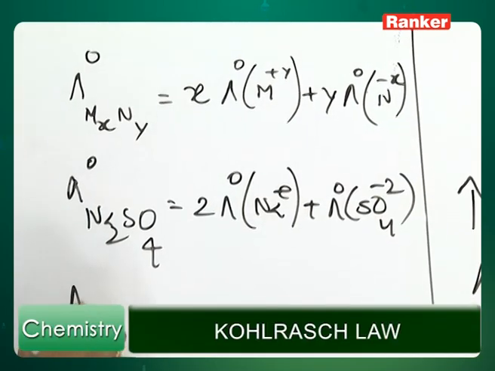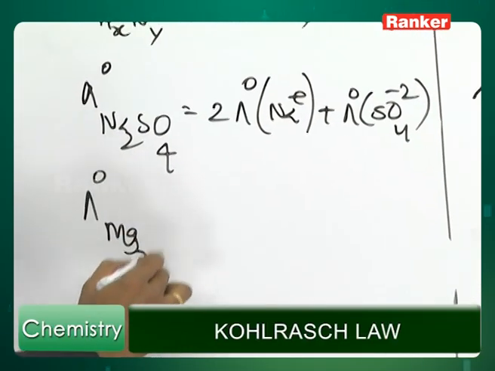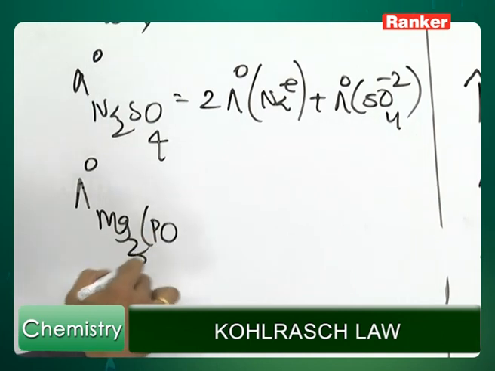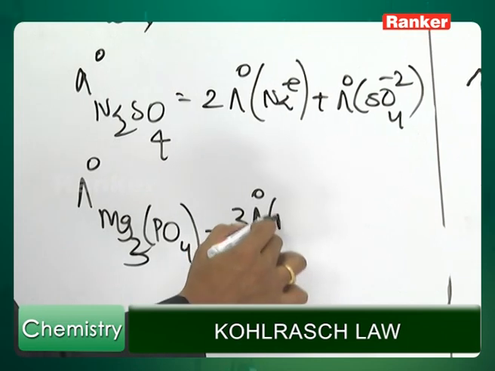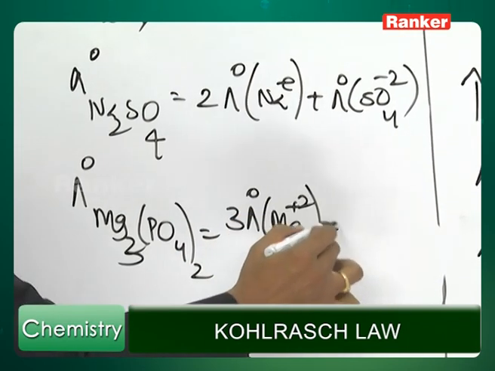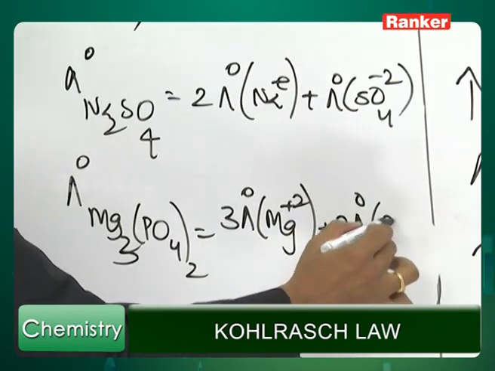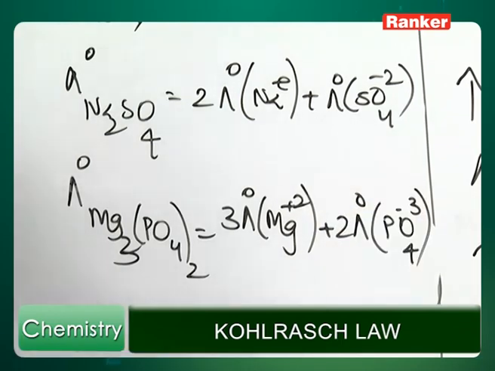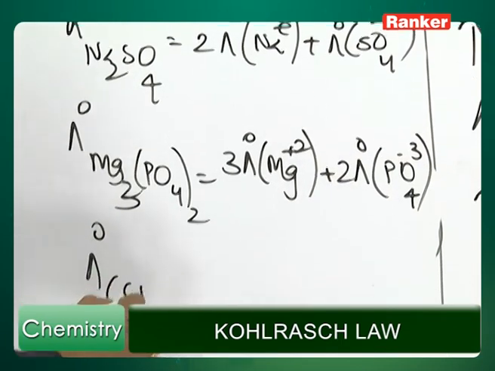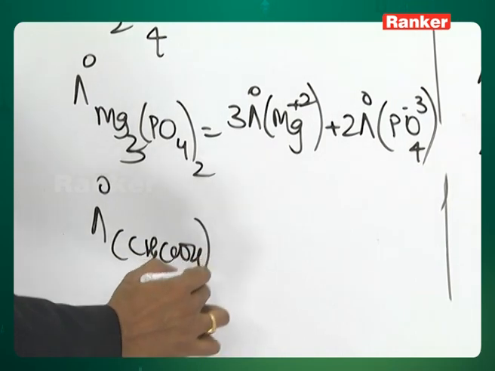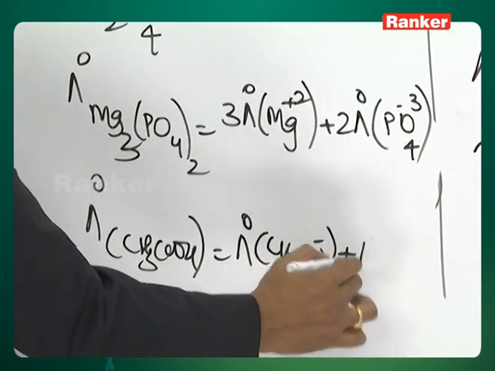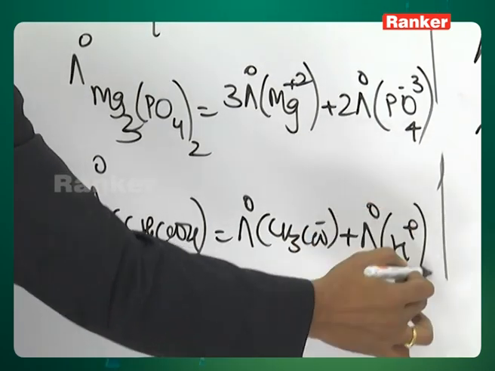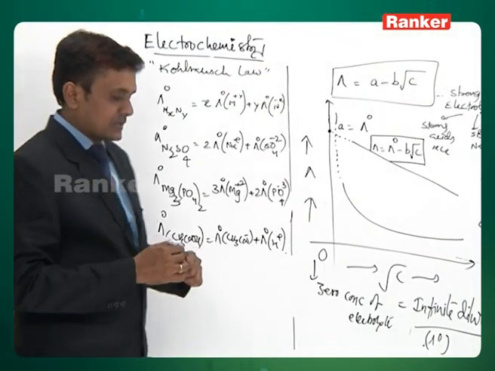When I am writing the conductance of magnesium phosphate, Mg3(PO4)2, lambda naught is equal to 3 times lambda naught of Mg plus 2 times lambda naught of phosphate ion. Even when I am writing the lambda naught of the weak acid at infinite dilution, I will write it as the sum of the lambda naughts of these two. Now by using